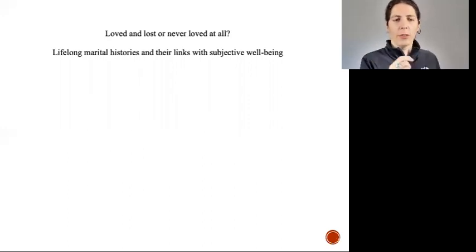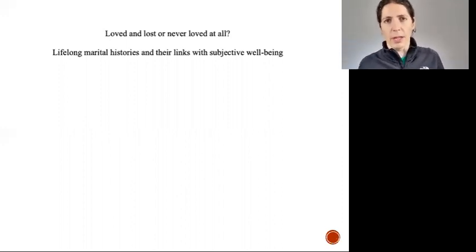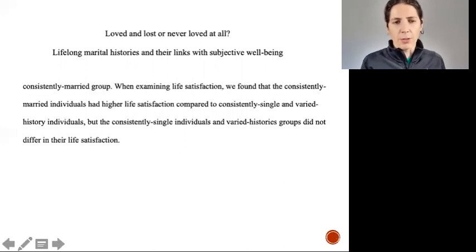So here they're careful to just say, is there a link between marital history, whether you were married and stayed married, and your life satisfaction or subjective well-being? And indeed, in their abstract, they also use association language. They say, actually, I'm not sure if this is from the abstract or the main text. I think this is from the main text.